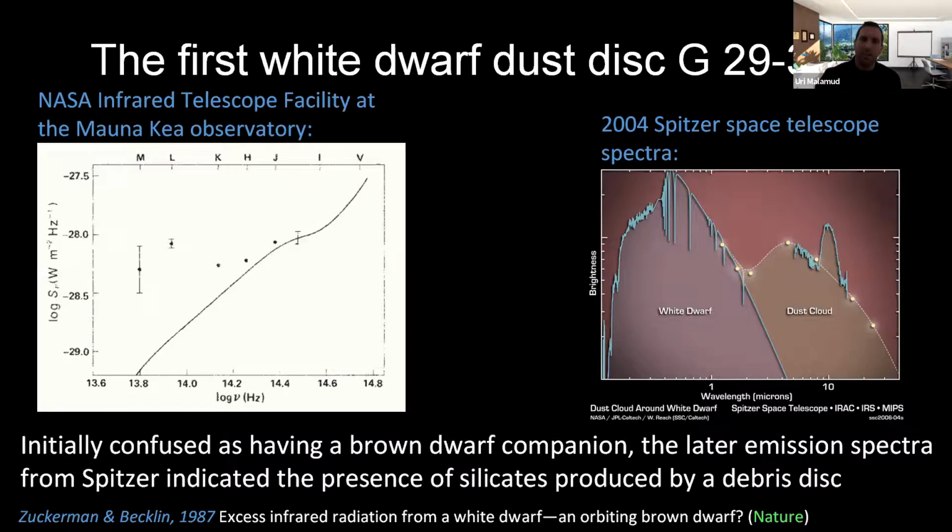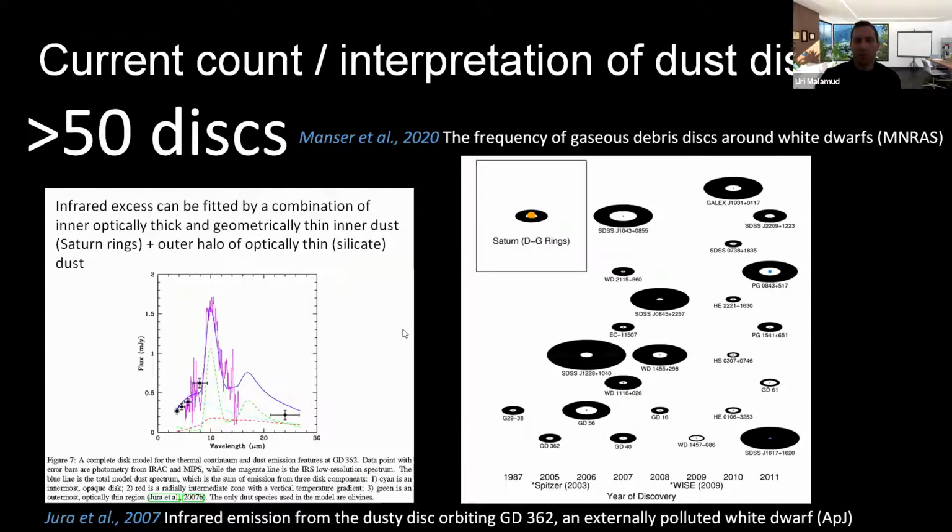It was later established that this sort of spectrum you can fit with 2 components. The first component is what people consider the canonical model for the accretion disk of white dwarfs. It's an optically thick and geometrically thin disk. You can imagine something like the rings around Saturn. And actually, the scale here is very similar. I told you that you expect something to be disrupted inside the Roche limit of the star. If you do the calculation, the Roche limit of the star is approximately at a distance of 1 solar radius.